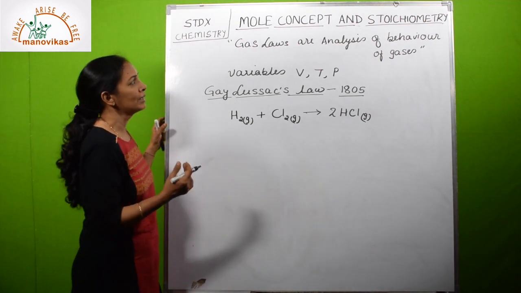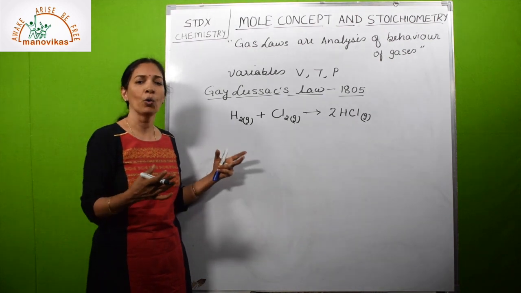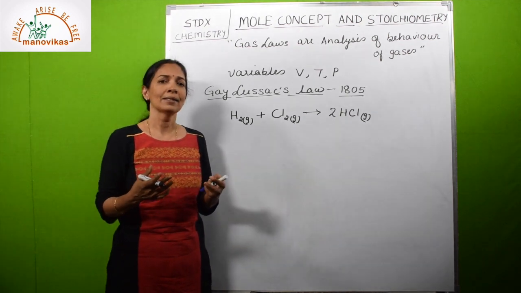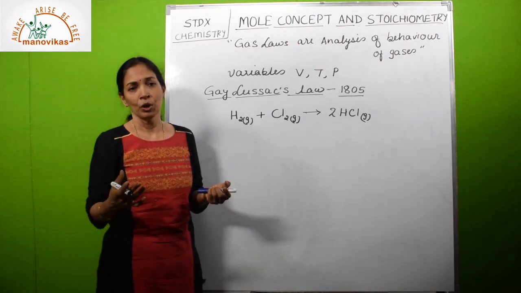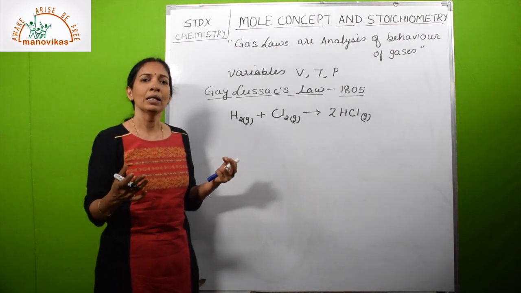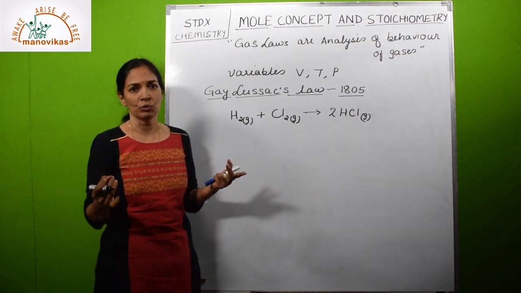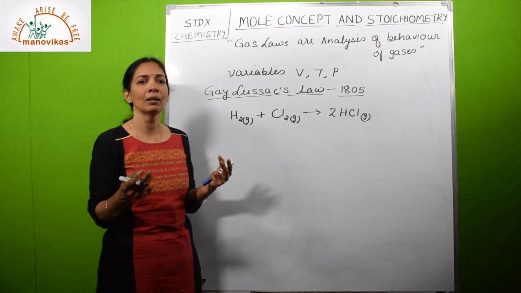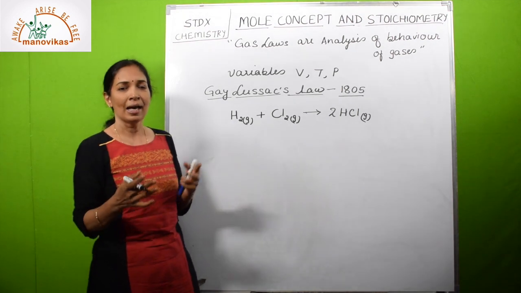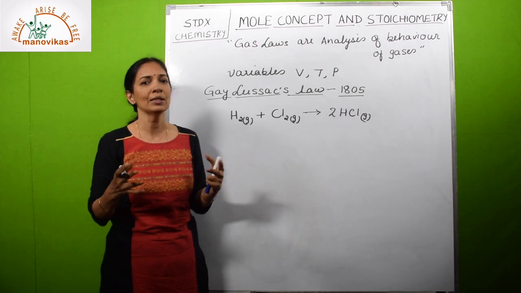So we will start with some laws which are followed or obeyed by gases. So what is gas? Gas is a state of matter. Now we know that according to Dalton also, matter is made up of small, tiny particles called atoms. Dalton told that these atoms are the smallest particles which take part in chemical reaction. These atoms combine and form compound atoms, which we call a molecule.